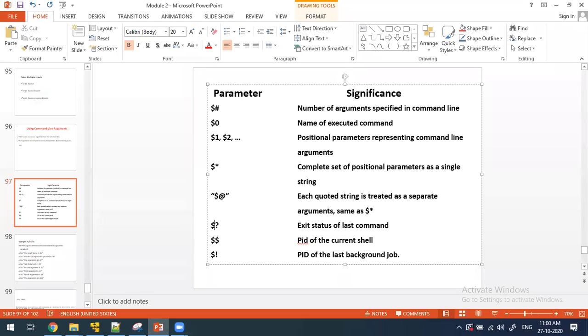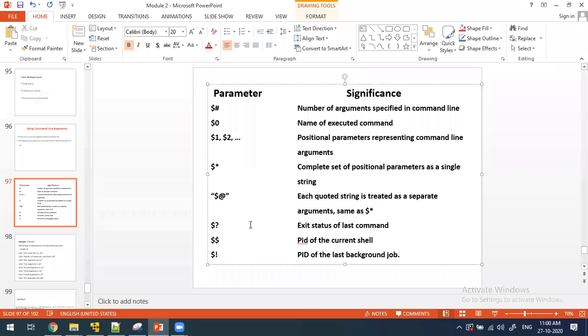You have executed some command, but if you want to check its status, you have to use this $?. $$ gives the process ID of the current shell, and $! will give the process ID of the last background job.